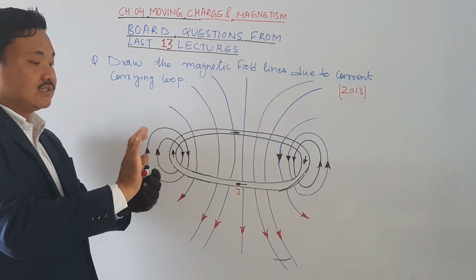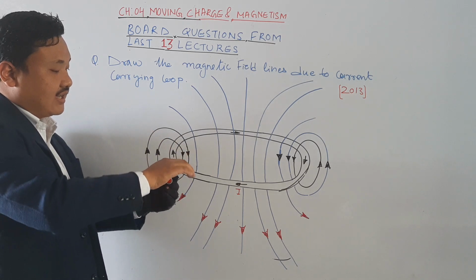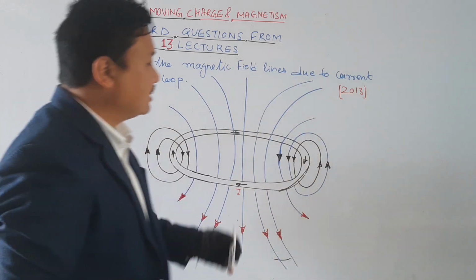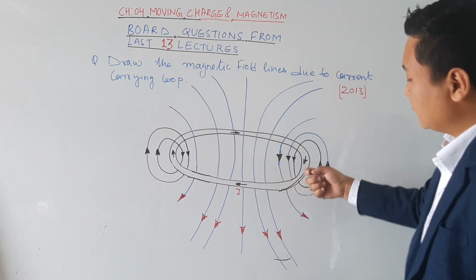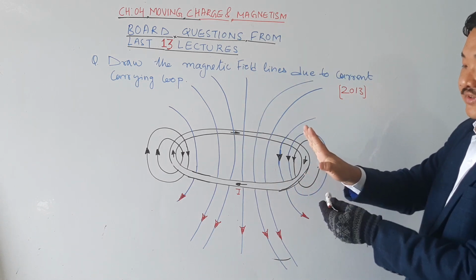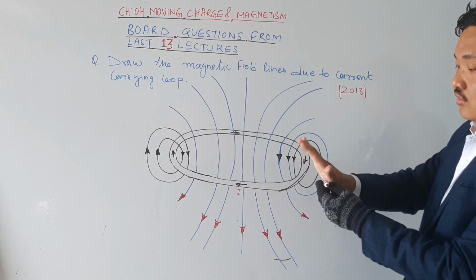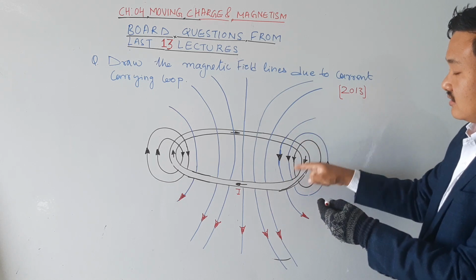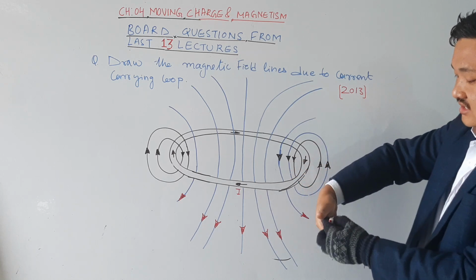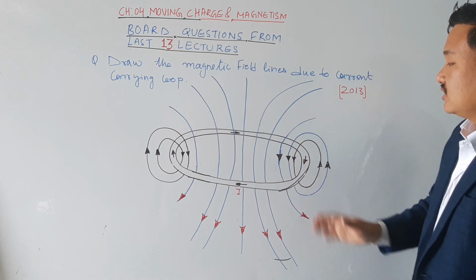Here it is going downward, and here it is coming upward. Similarly here it is a round circle, and the current is coming in this direction. So I hold it like this, giving the direction of current by the thumb. Here the direction of magnetic field is going inside, and from here it is coming outside like this. So this is all about the